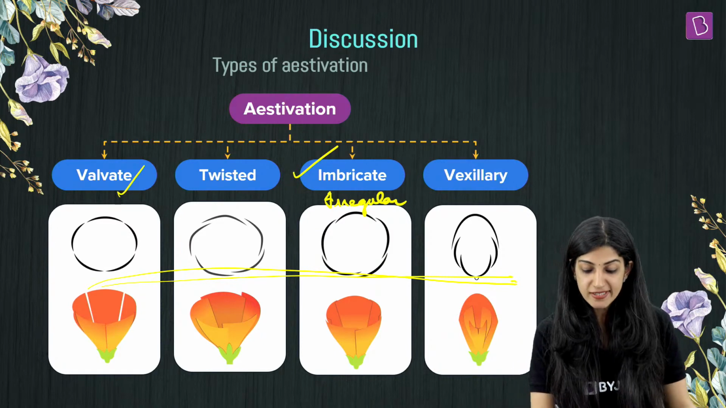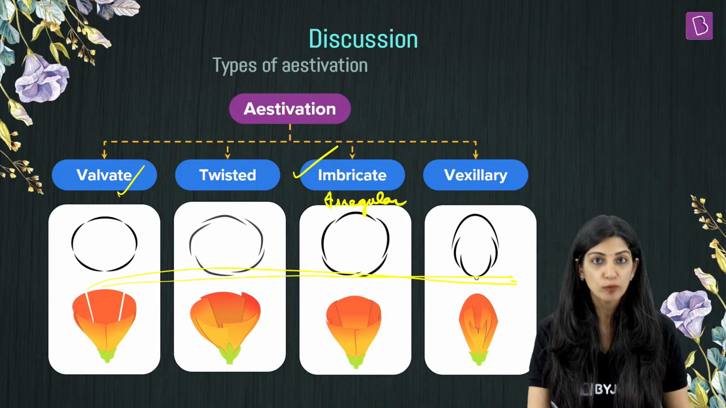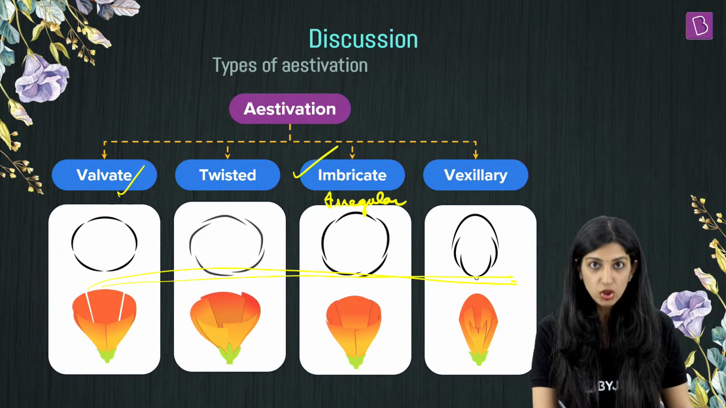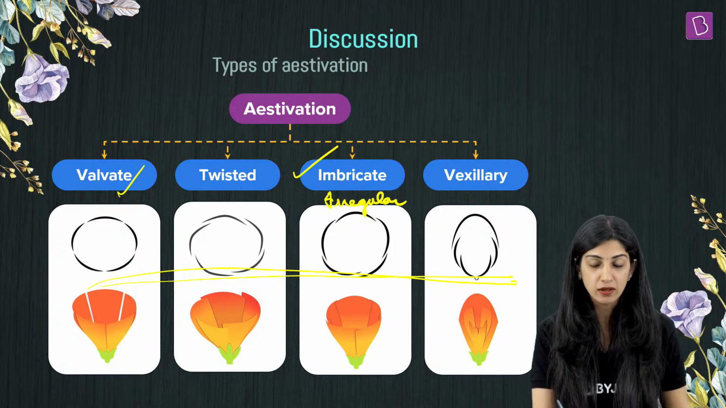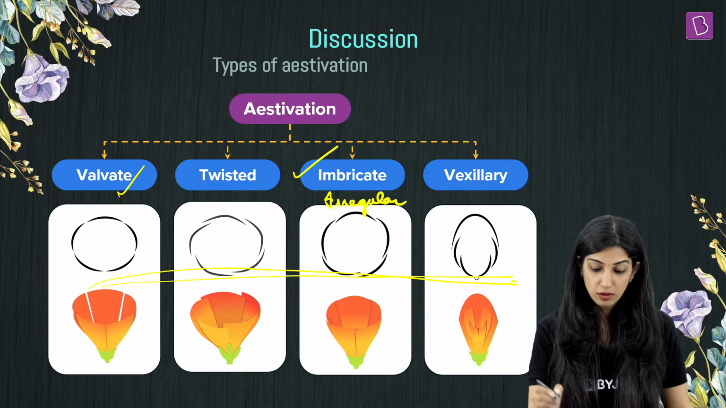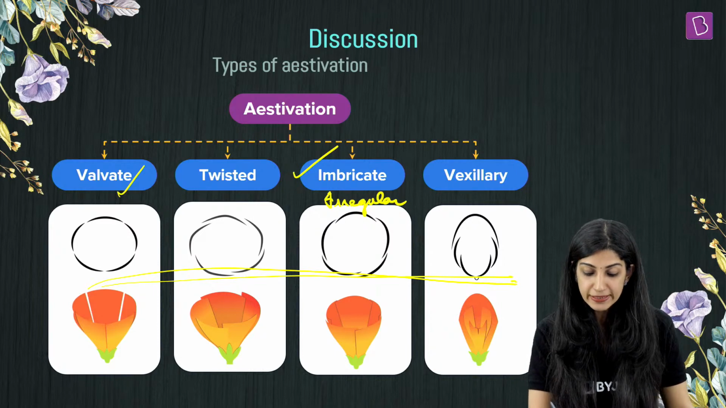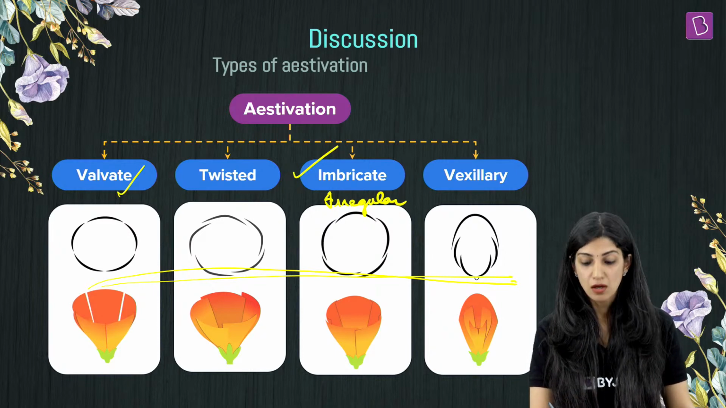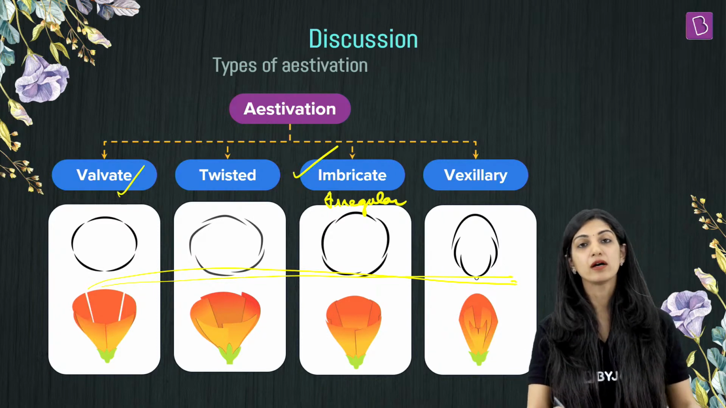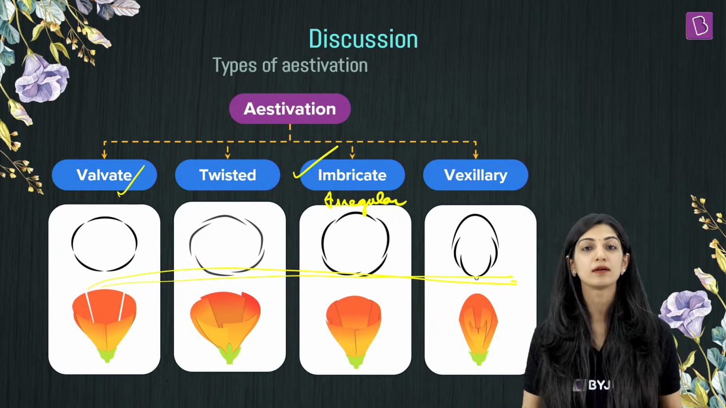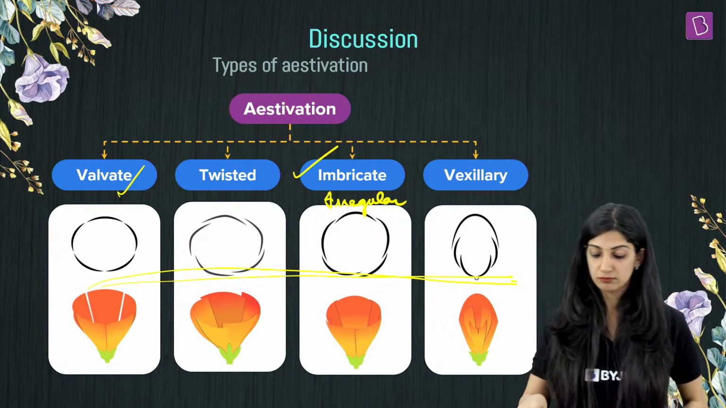Imbricate estivation, why did I call it irregular? The reason is, have a look. One is completely internal, whether it's a sepal or petal. The other one is completely external. Both the ends are overlapping. And the rest 3 are arranged in the twisted manner. The fourth is